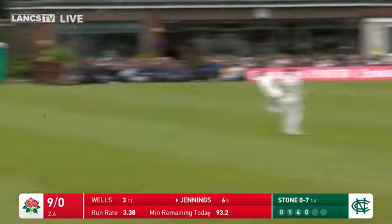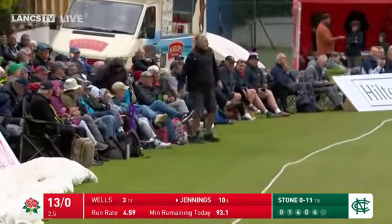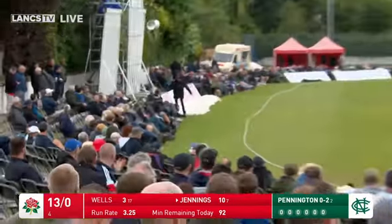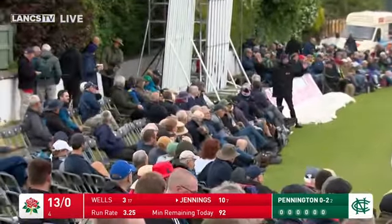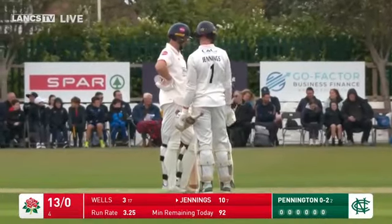Jennings on the walk here, advancing towards Stone. He'll get 4 more. A step or 2 down the pitch. And to Jennings, who's on the walk and then just glances that away off his hip down towards the fine leg boundary. And away it goes for 4 more runs, and Jennings moves on to...